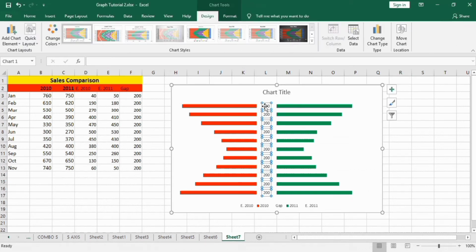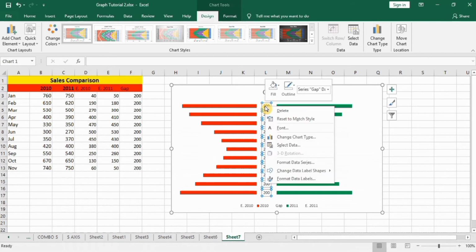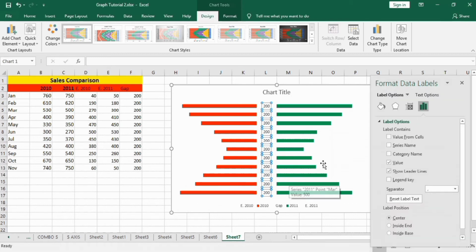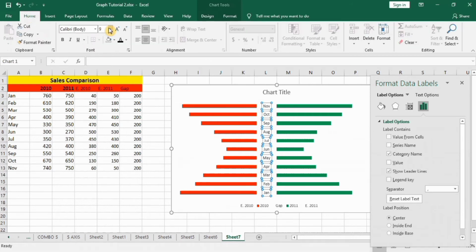Select this one, right click, go to format data labels, and from here you can select category name. Uncheck the value. Now you can go to the home tab and adjust its font size.